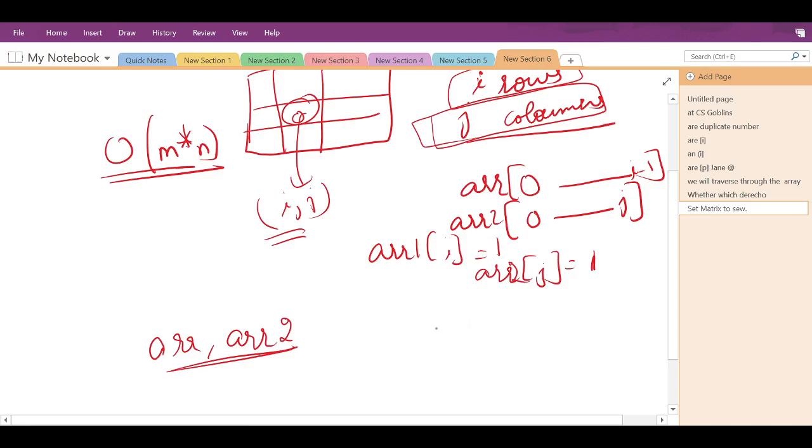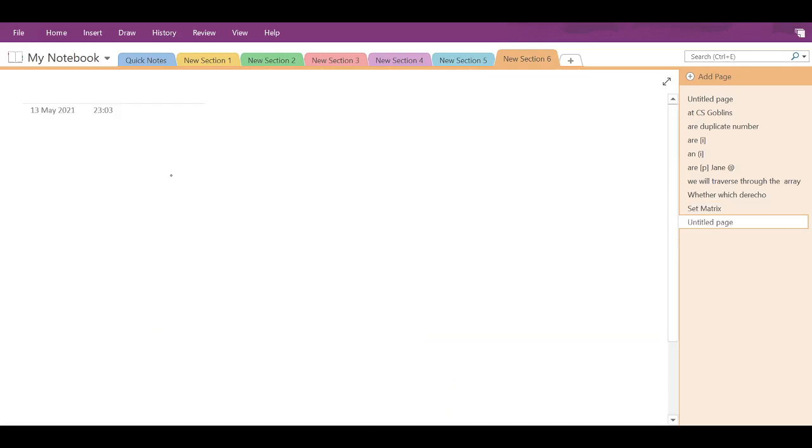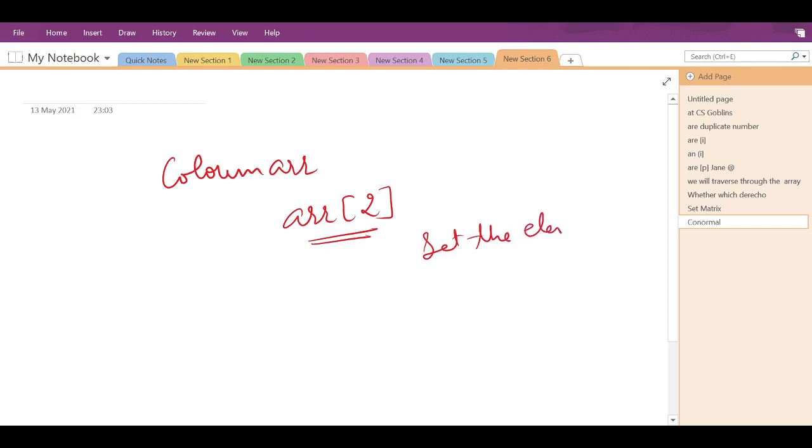We will traverse the matrix row wise, and if array 1 of I equals 1, it means that particular row needs to be set to 0, so I will fill that row with 0. All the required rows will be filled with 0. After that, I will traverse through the column array, which is array 2, check which columns must be set to 0 and set all the elements of them to 0.